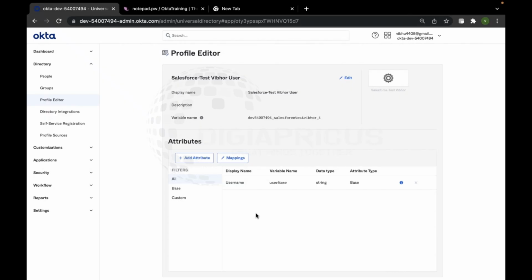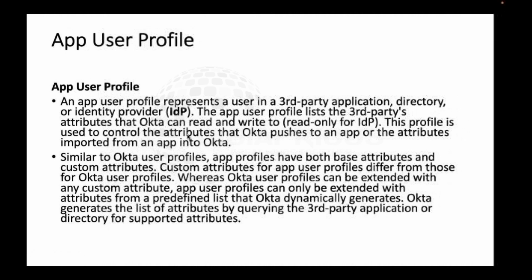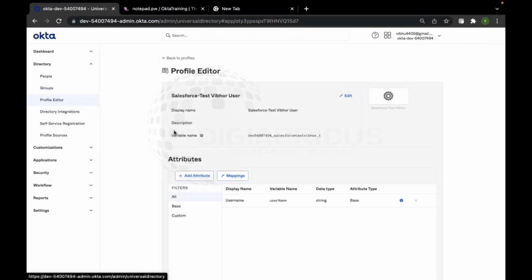So that's why we require one unique attribute to be there, and that unique attribute is username for all the applications which we have integrated till now. So this is a username, and if I go back now, what we are saying here is that the application user profile can list the third party application attributes that Okta can read or write, and for IDP it can just read. For IDP it cannot write an attribute. So if I go back to the IDP one,